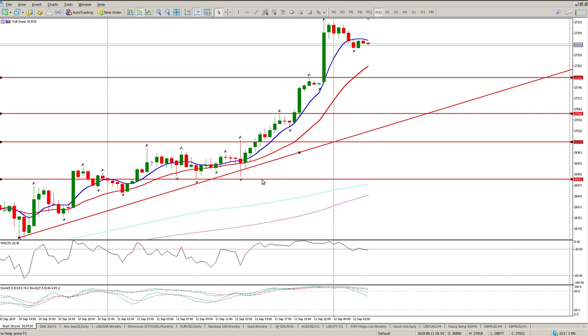Okay, so it's fairly large, but you've got this diagonal trend line in place. You've got a couple of potential levels in place. You want to trade off one of these levels. You want to buy off one of these levels. So it's either this one, or here. Alternatively, what you're doing is you're watching on the 12 minute,